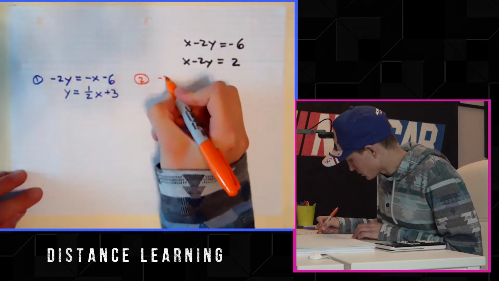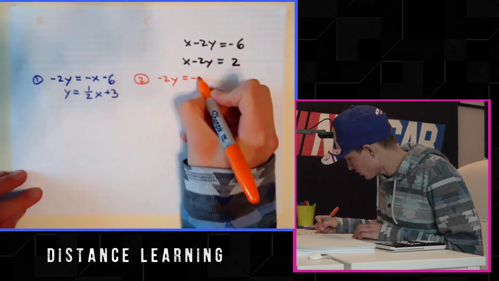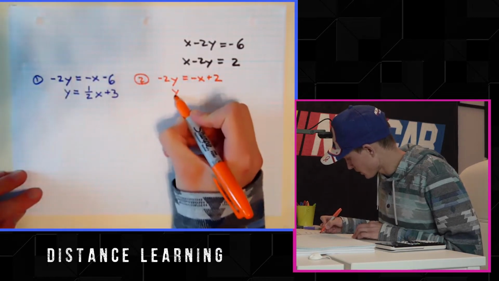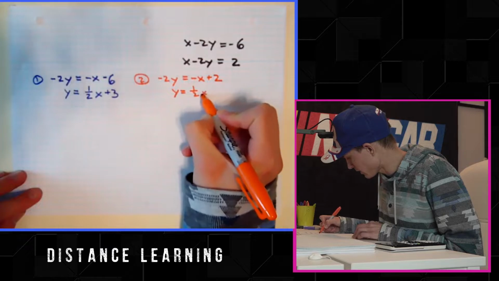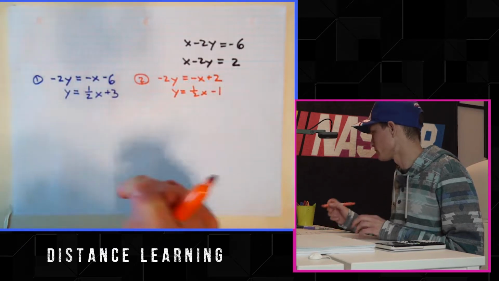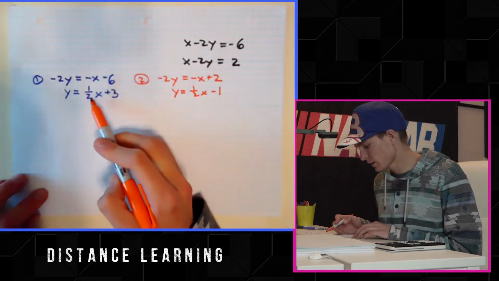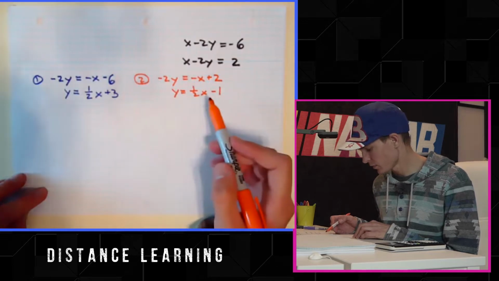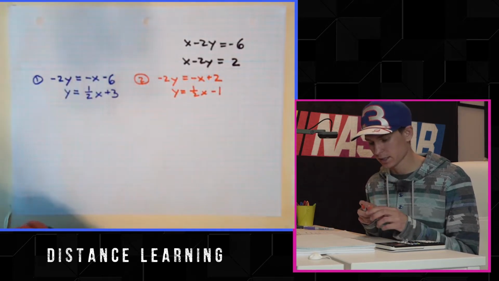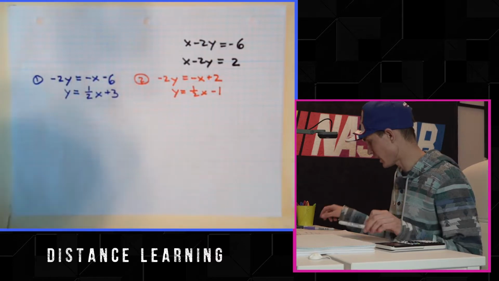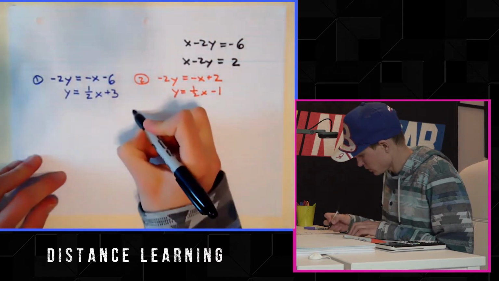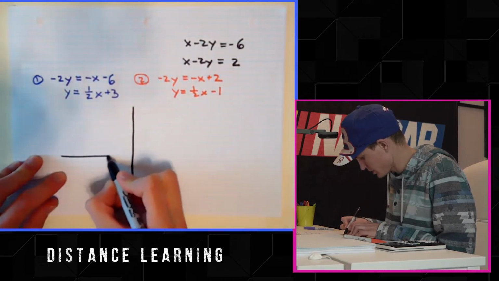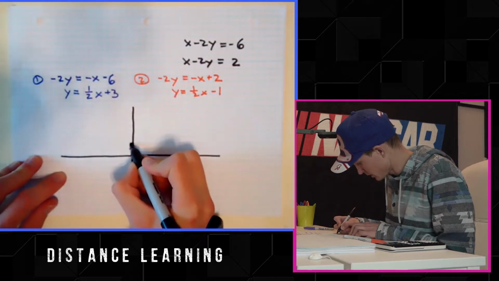Subtract x, so I'll have -2y equals -x plus 2. Divide by -2, so y will be 1/2 x minus 1. So you see, same slope, 1/2, different y-intercept, +3, -1. You should tell by looking at this, these lines are not going to intersect, ever. So you should already be expecting them not to intersect, which means there will be no solution, but we're in